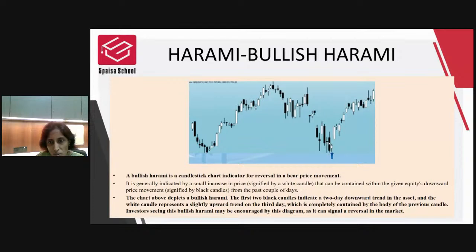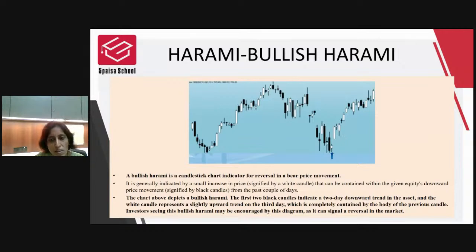As you can see, the previous 2 days have a black body, and after that, there is a small white body which is witnessed at the bottom of a downtrend. So this acts as a kind of silver lining, which indicates that from here on, the bulls have started entering the market. They are seeing a positive sentiment existing in the market. They enter, and from there on, if you look at the trend, it goes